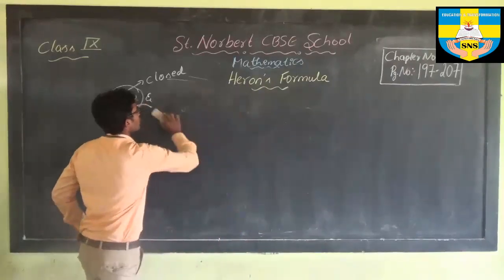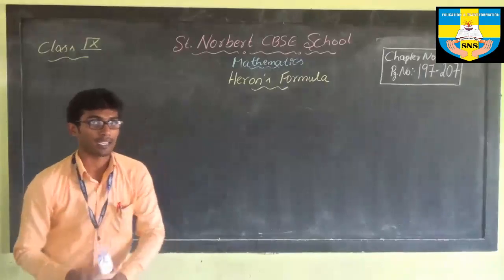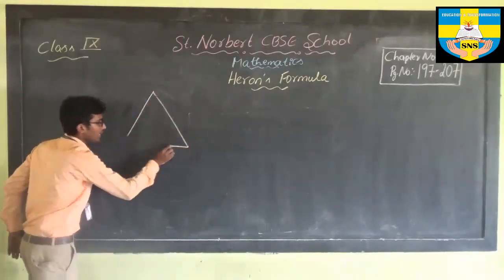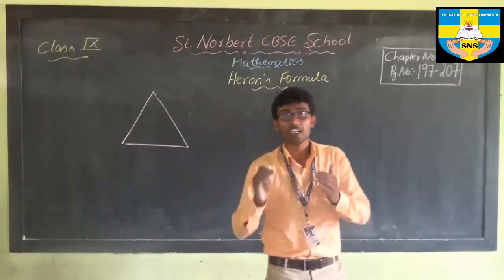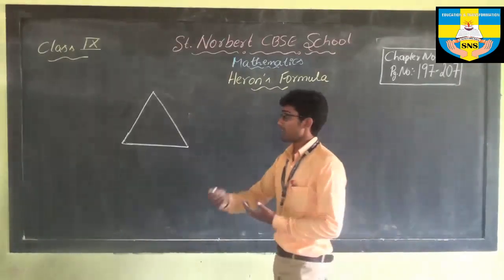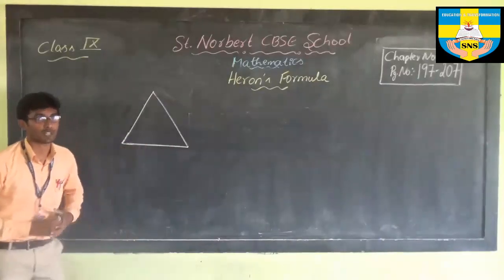Now I am not going to study about all closed figures. Let us focus mainly on triangles. So in case of triangle, you already know about it. A triangle is a three-sided closed figure, and even you learn about different types of triangles. Equilateral triangle, isosceles triangle, right angle triangle, scalene triangle, obtuse triangle. There are many different types of triangle.